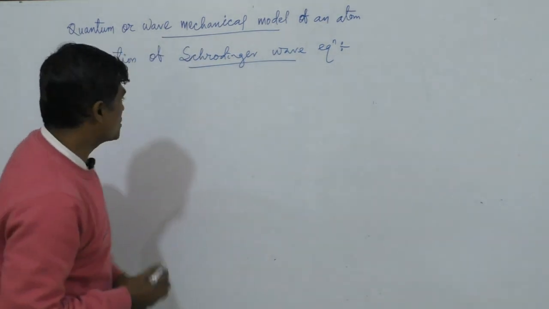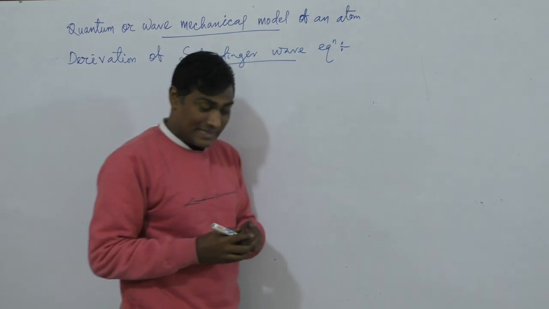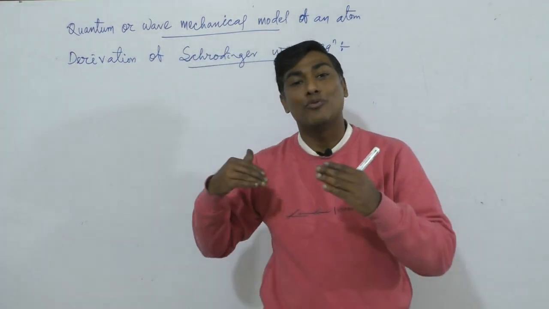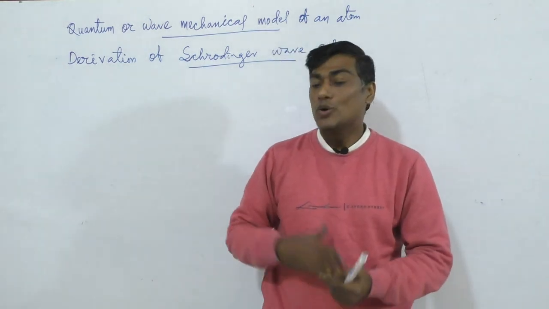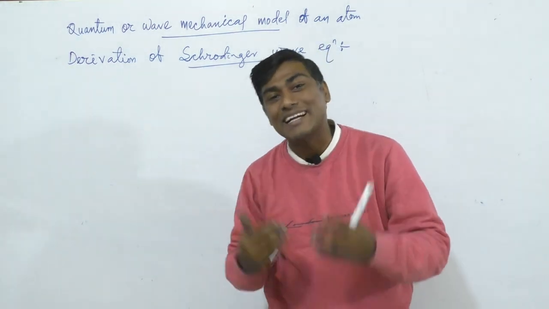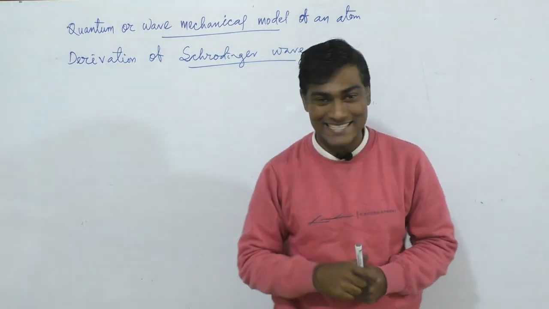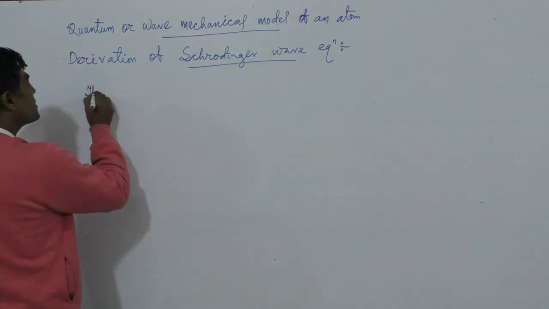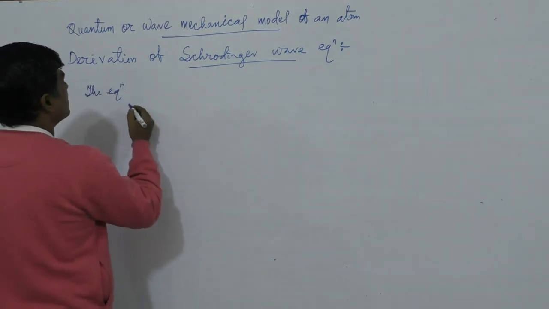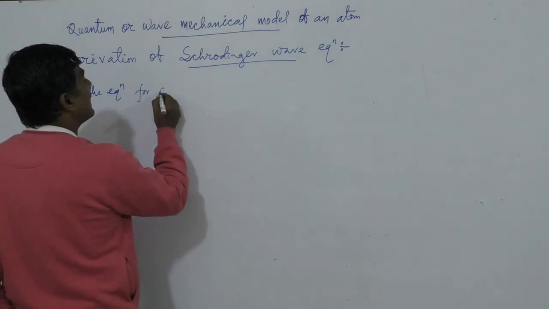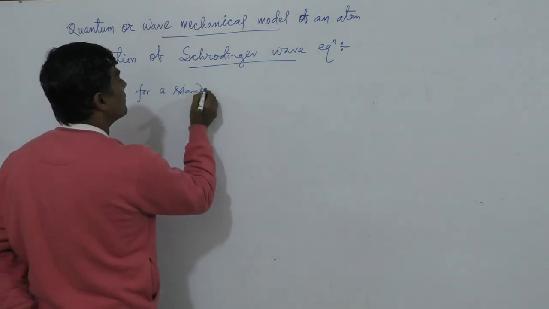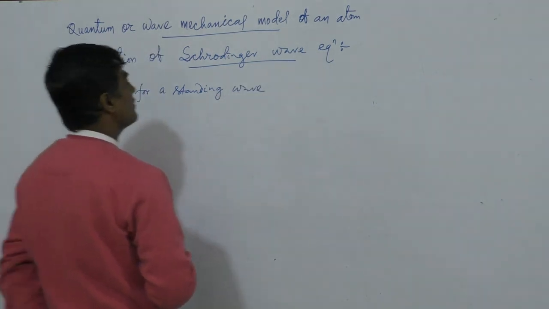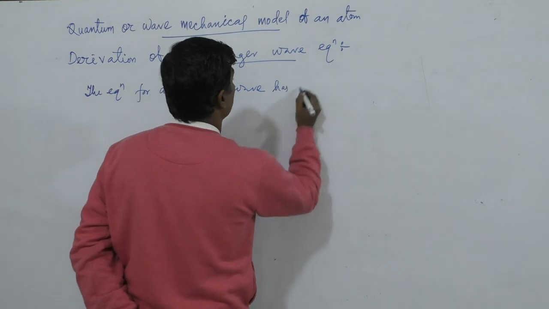Here also we will take the equation of a sinusoidal wave, which we generally use for a standing wave, a normal wave from physics. So we will start with the equation for a standing wave. The equation for a standing wave has the form